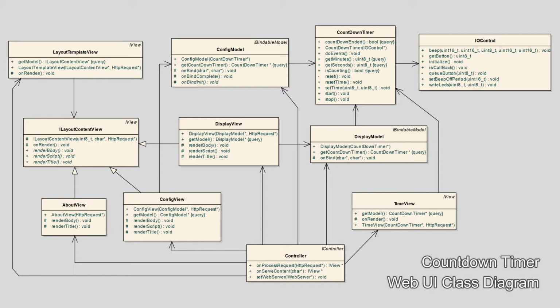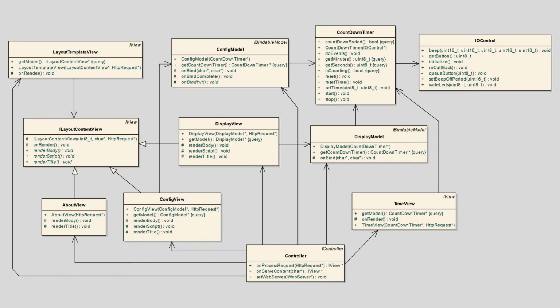So in the class diagram, we can see the dependencies between the different classes. I/O control implements a hardware abstraction layer for the buttons, LEDs, and the buzzer. The countdown timer manages the countdown. The model classes implement model binding for HTTP post, interact with the countdown timer, and have corresponding views for rendering